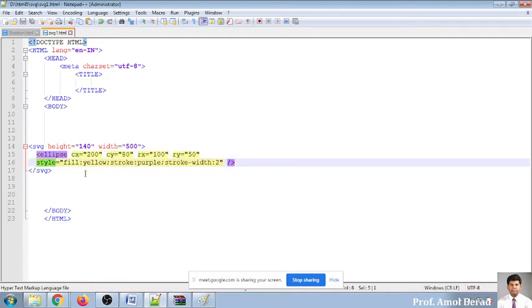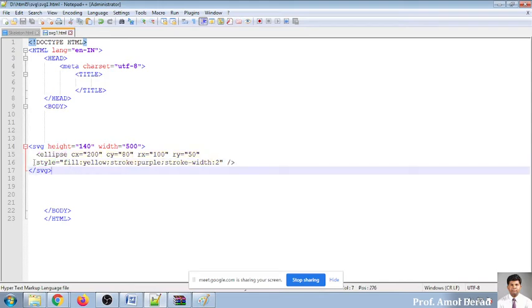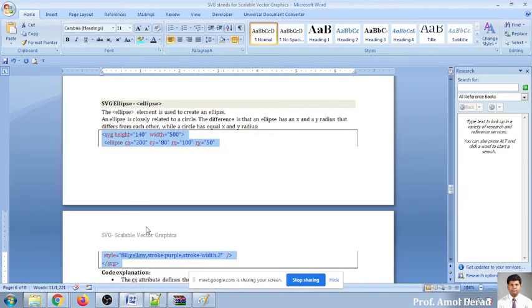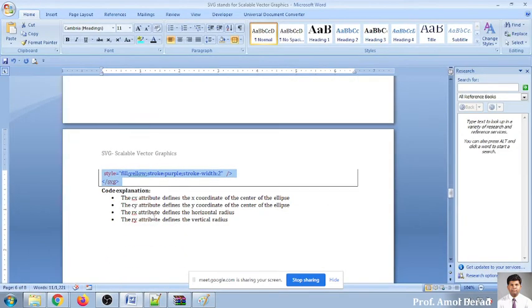And this is nothing but a style sheet. If you want to give some colors to that, you can use any type of style sheet. Okay. So for you to know about ellipse, the four parameters are required for ellipse, that is CX, CY, and RX, RY. Is it clear to everybody? Yes or no? Yes, sir.